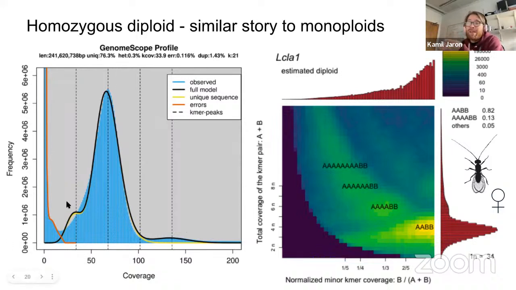So when you actually fit their diploid model, it still estimates 0.3 heterozygous sites, which is absolutely nonsense. This species is entirely homozygous. I can guarantee you that. So just keep in mind, these are models. They are not meant to be religious. If any of the assumptions of the model are not met with your data, of course the numbers that you will be getting will be somewhat misleading. If you're a biologist, that's your role to make sense out of it.